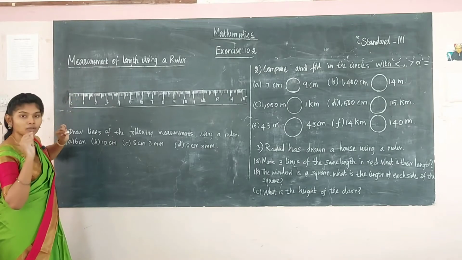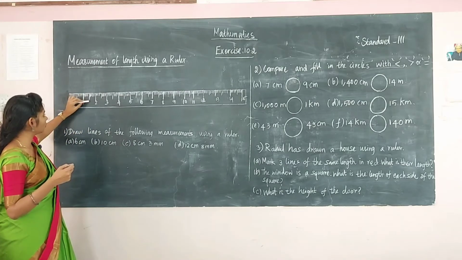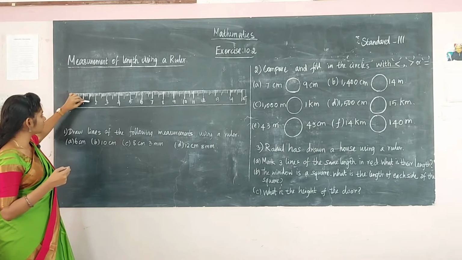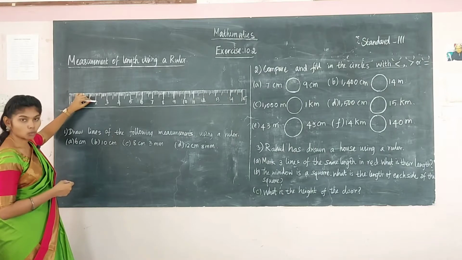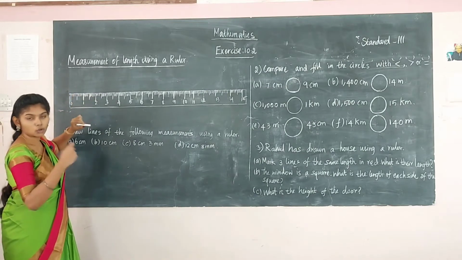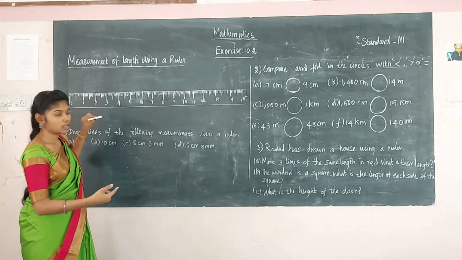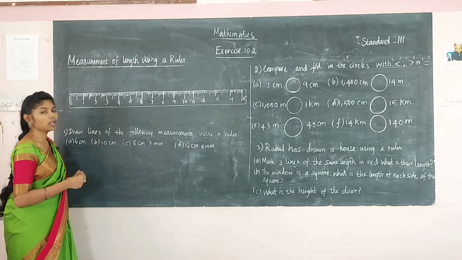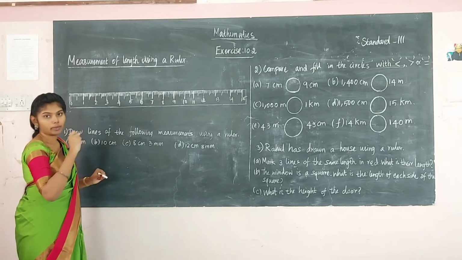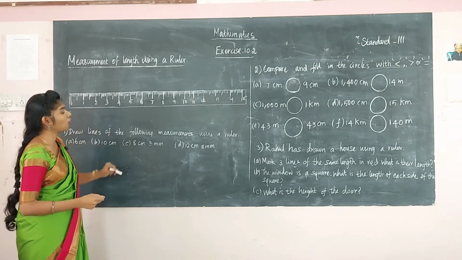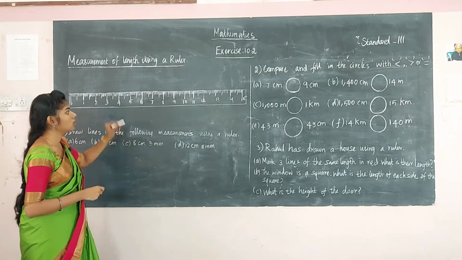The mid values will have 0.5. So this is 1.5. If it starts from 1, it is 1.5. Next 1.6, 1.7, 1.8, 1.9, and 2. And next it starts 2.1, 2.2, 2.3, 2.4, 2.5, and 2.6. Between 2 to 3 it will be 2 point something, and 3 to 4 it will be 3.1, 3.2. Between 4 to 5 it will start from 4.1, 4.2, like that. So you know this, no?